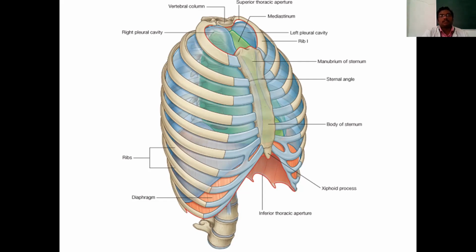As you see the outlet, what structures pass out of the thorax? The esophagus passes out. Next, the thoracic aorta continues down into the abdomen as the abdominal aorta. Then important nerves pass from the head and neck through the thorax into the abdomen, including the cranial nerve, the vagus nerve. All these structures pass out of the thorax, and that is why it is called the outlet of the thorax.